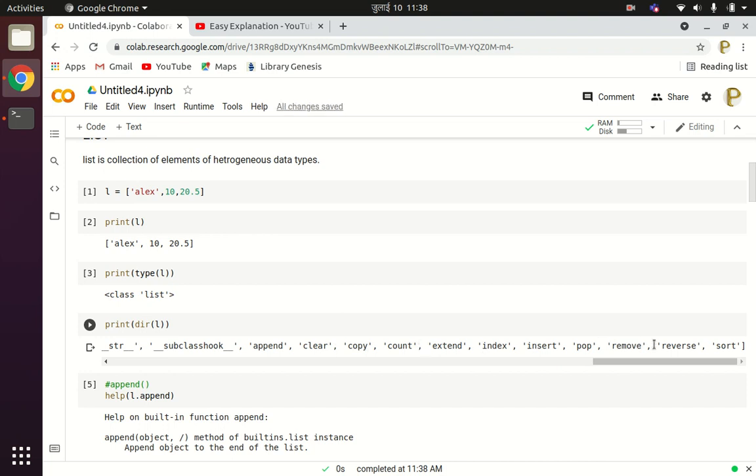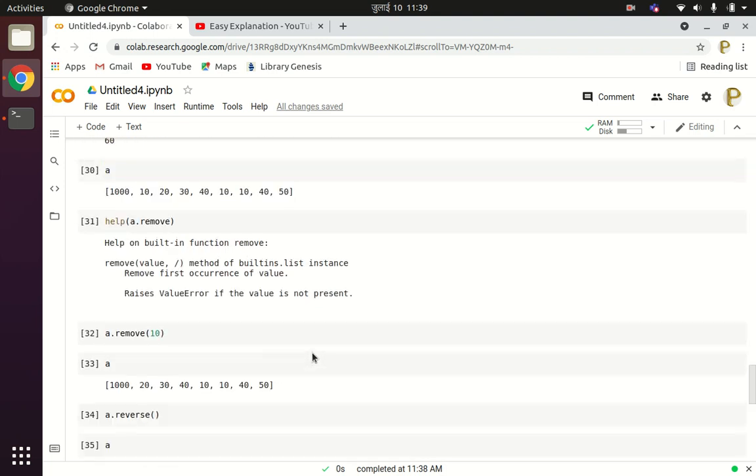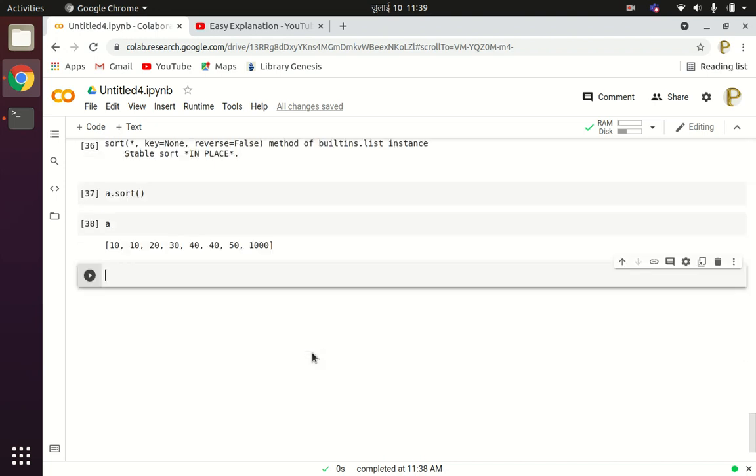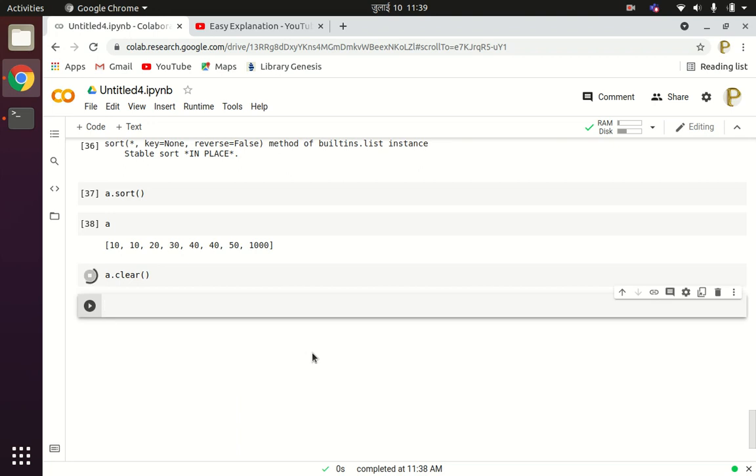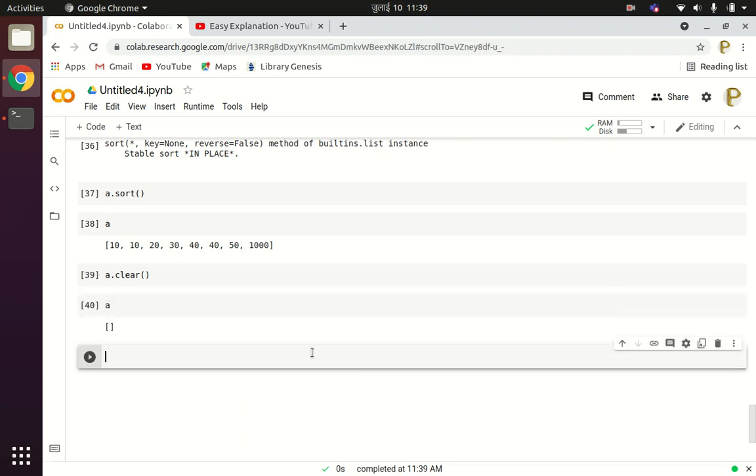And then another method we have is clear. By using the clear method you can clear the elements of the list, or delete all the elements from the list. When we call the function clear with respect to a and see the value of a, now a is an empty list. Now again you can start inserting elements into the list by using the append function.